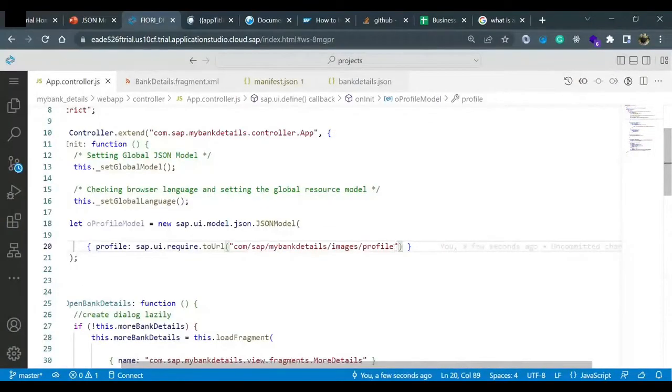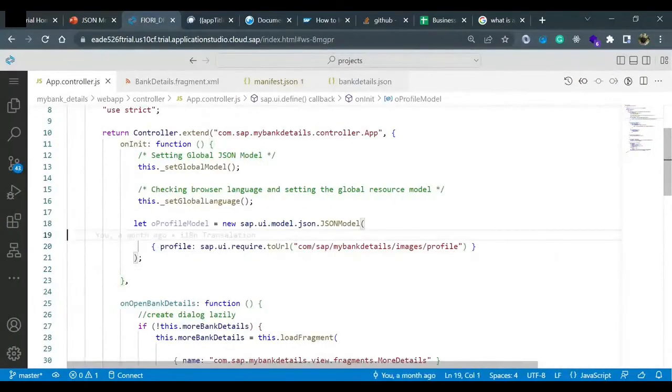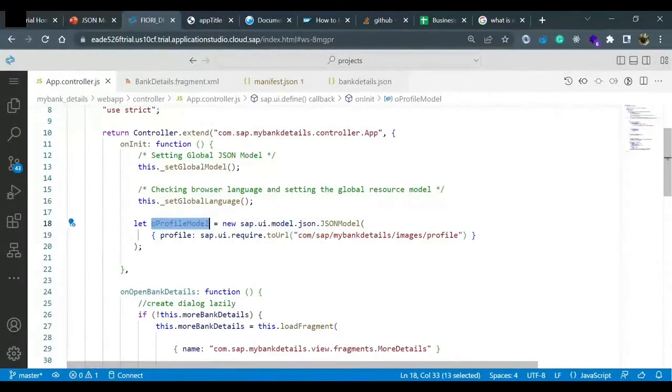Okay, now it is created. You see what I am doing here? I'm creating a profile model. I'm putting the data directly here. I mean, we could have created